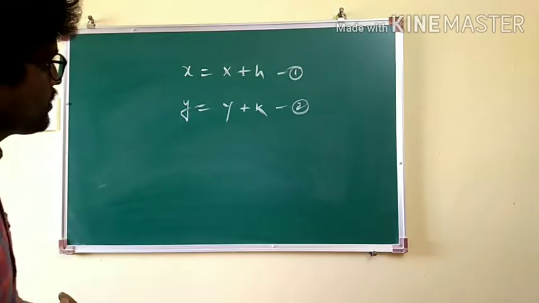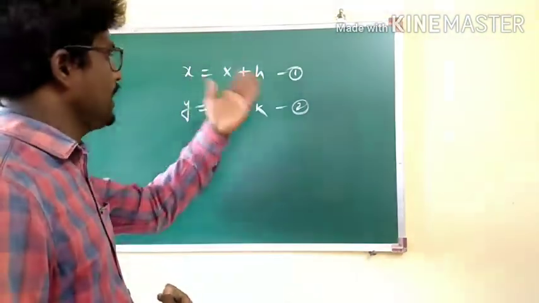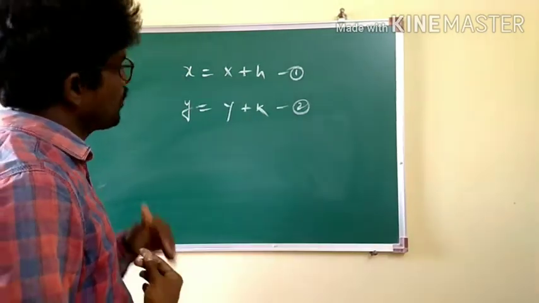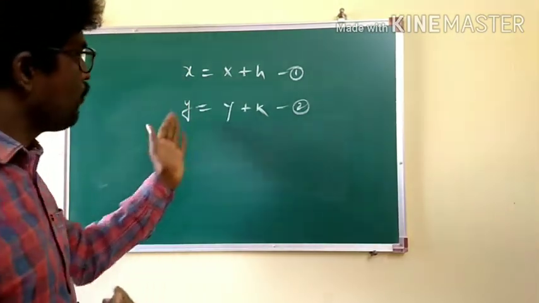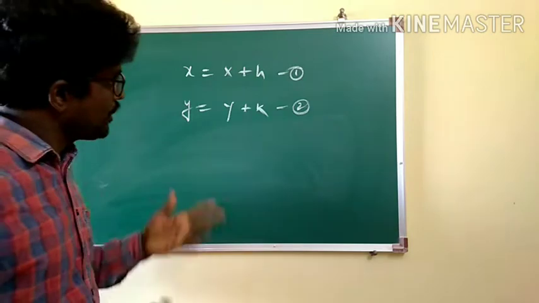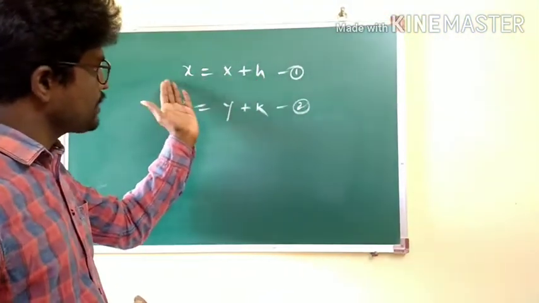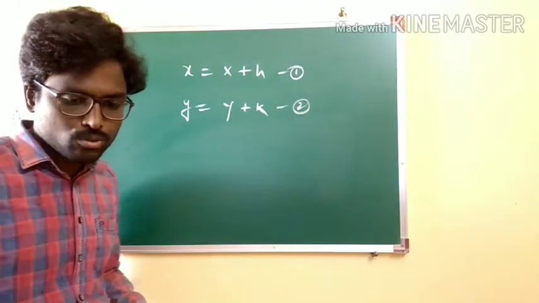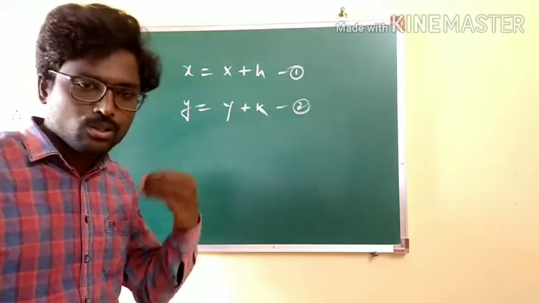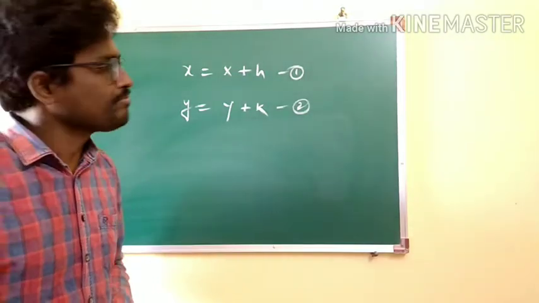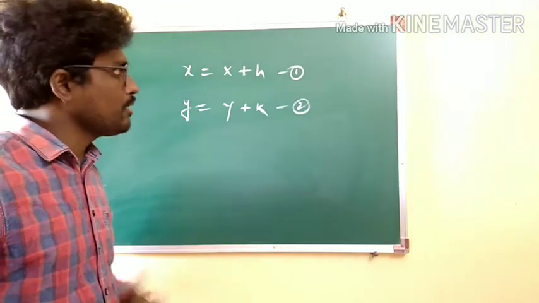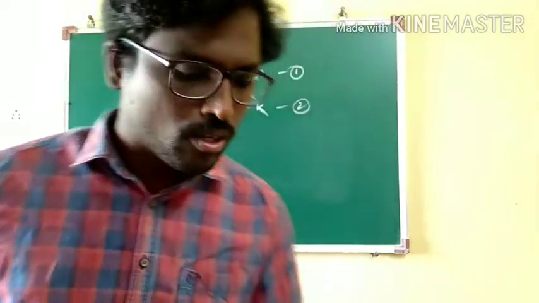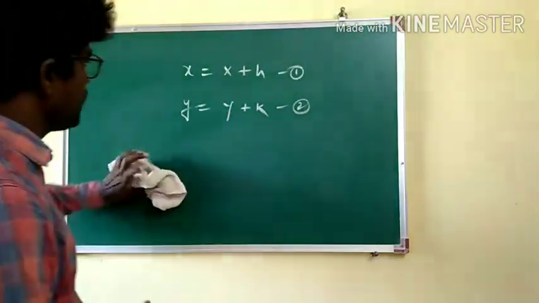By this we can make the subject either capital X or h. If you want the subject as capital X, x minus h. If you want the subject as capital Y, y minus k. If you want the subject as h, x minus capital X, and y minus capital Y for k. In such a way, we have to keep on transforming according to our need. Today we will be discussing some applications based on this translation of axis, so that you will get better clarity.